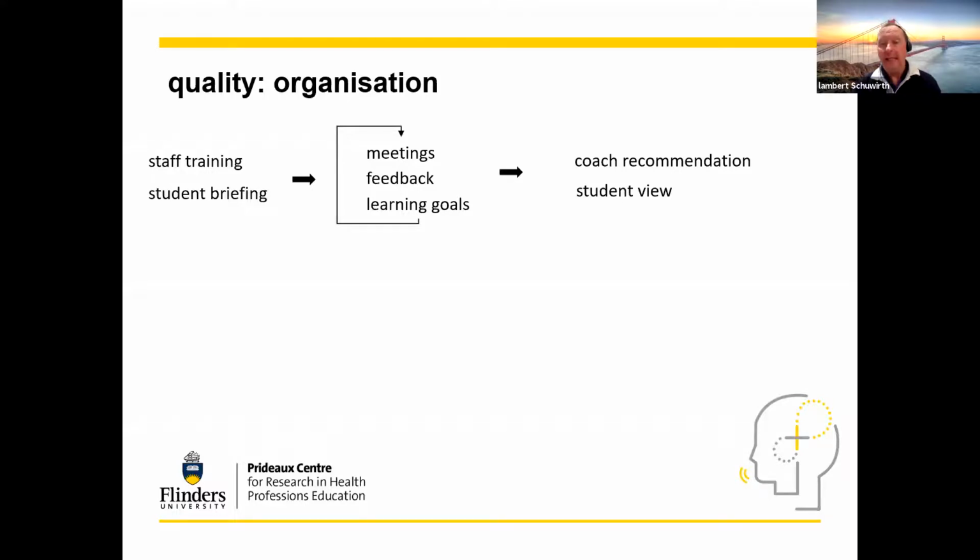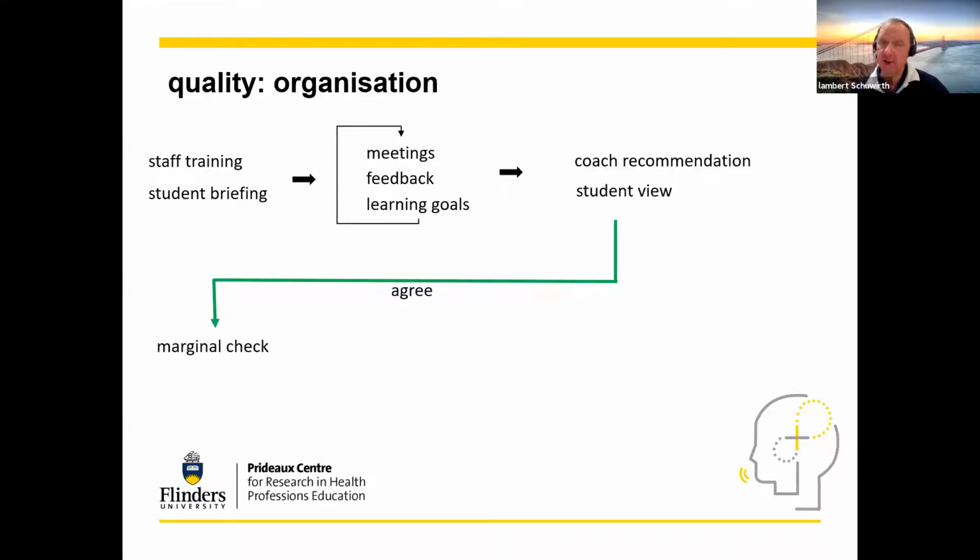So in a typical situation, the coach doesn't make that decision, but gives a recommendation. In a good situation, you ask the student to make a recommendation as well, and to actually give you information and to write something about, to give a background or a foundation for the recommendation. If the student and the coach agree, you can actually say, I'm going to give a marginal check. I'm going to check whether the student and the coach didn't do horse trading.